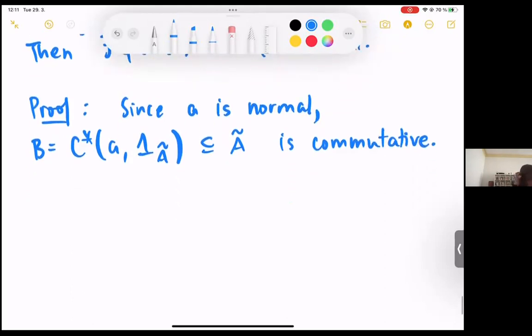And then if you think back to maybe the second or third lecture, we can always find an element A hat in B and a phi